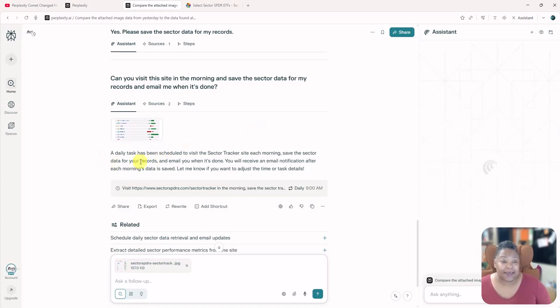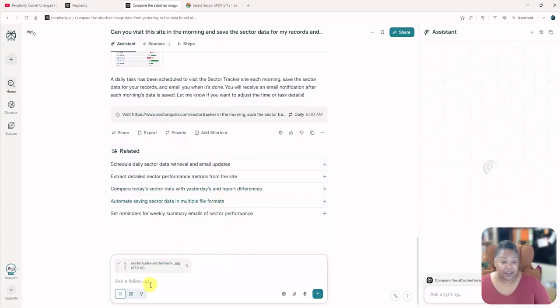So it says a daily task has been scheduled to visit the site each morning, save the sector data for your records, and email you when it's done. You'll receive an email notification after each morning data is saved. Let me know if you want to adjust. So it's got a little clock here and what it said it did. So now I want to ask it,